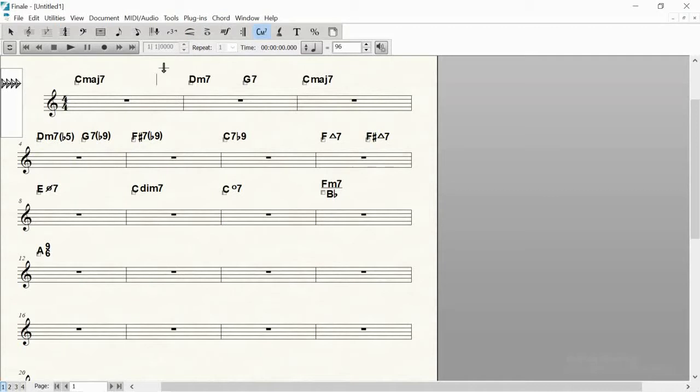So there's one thing I can show you now, which is how to transfer these chords to another chart, to your template or a new chart you're working on, so you don't have to do